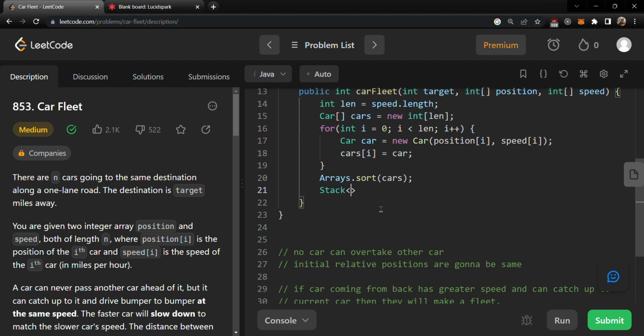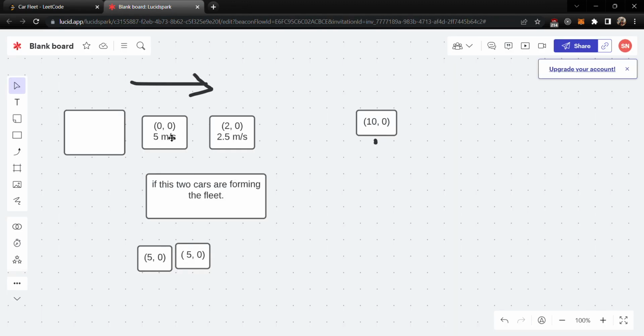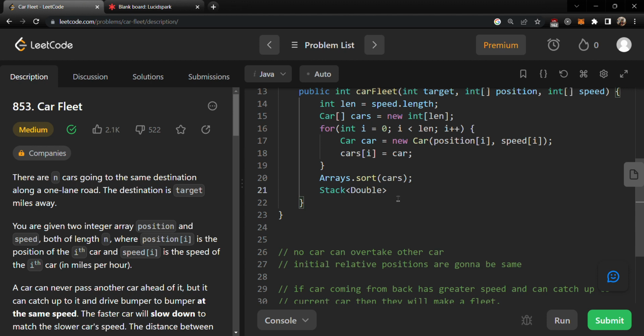So let's make one stack, and we have to make it double, as we have to find time by using position and speed. And integral values can't help. Suppose this car is having arriving time 2.3 seconds, and some car is having arriving time, let's say 2.5 seconds, but due to integral values they are going to both store 2 seconds, so we don't want that. So for that we will use double, and it will be useful for storing the exact value. So let's make this stack,